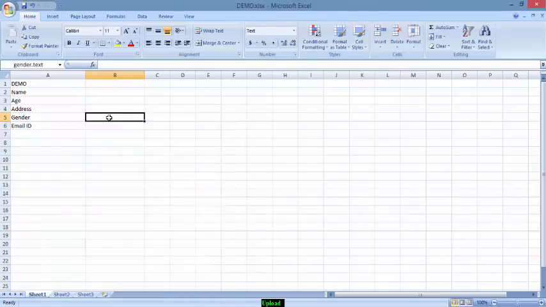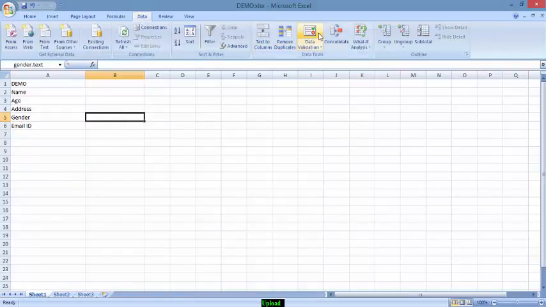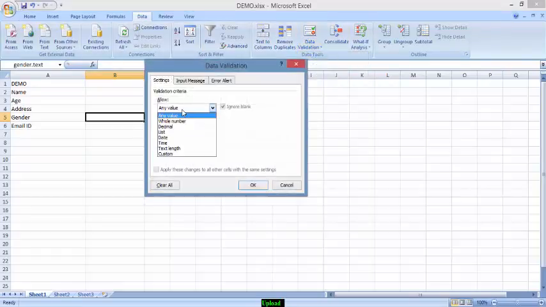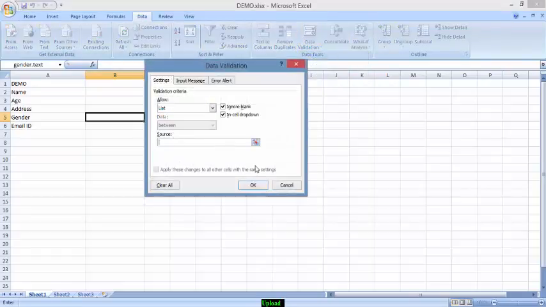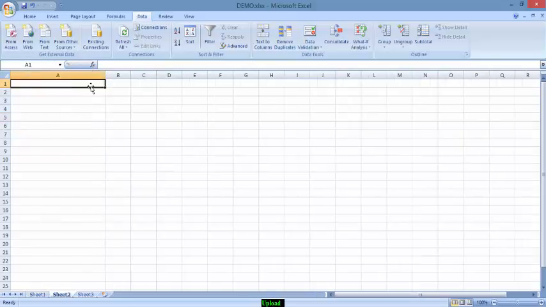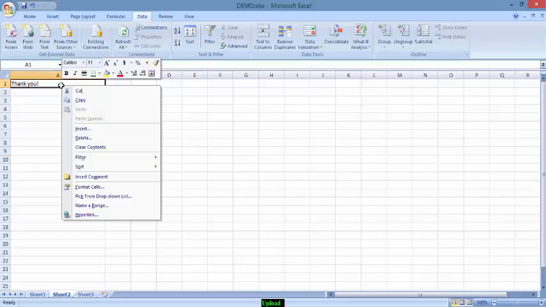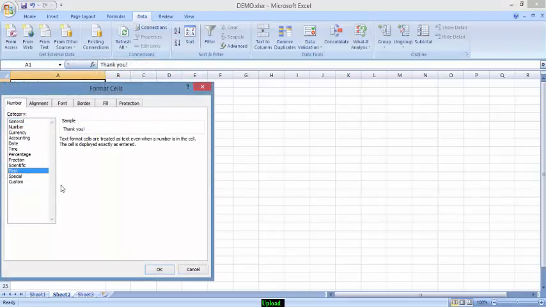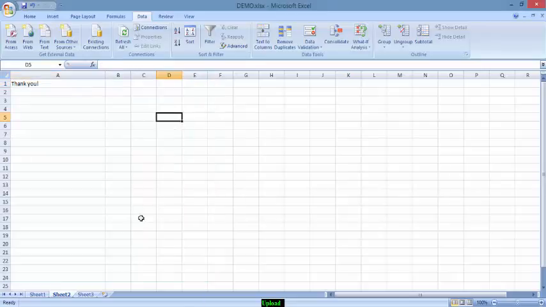Now we can also provide a list item as a drop down for the gender. That could be from the data validation list. The values are male and female. Now we have our input form. We can also have an output as a result once the data is submitted. Let us say a simple thank you. Now we need to also check the format of the cell. It is text. That is all we need as an Excel spreadsheet,